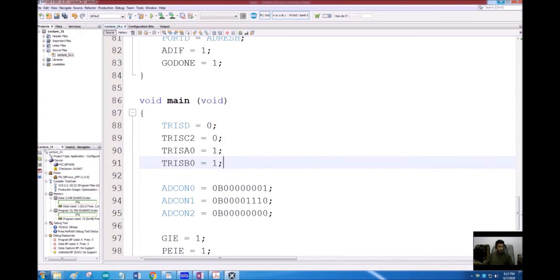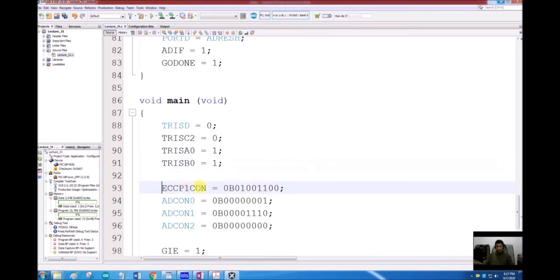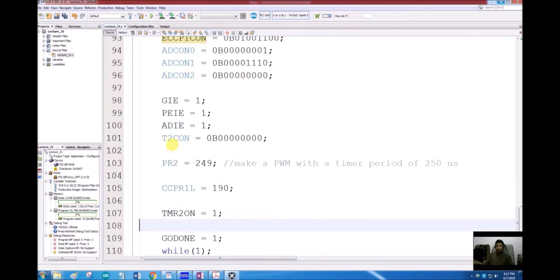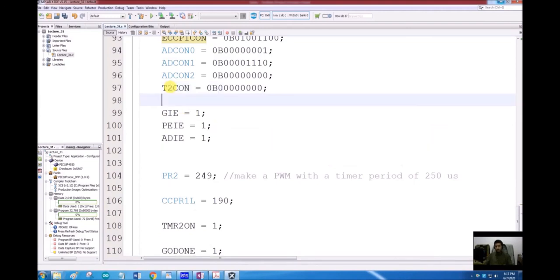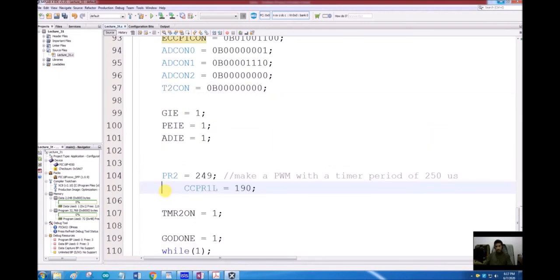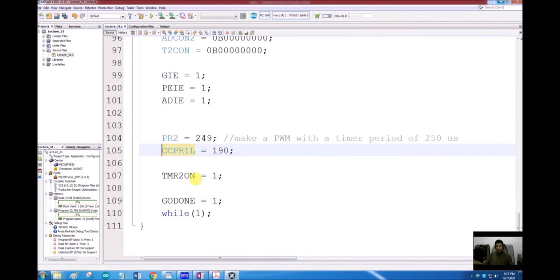I had to set the value of ECCP1CON. This is the same value, I am copying it from our previous code. I had to set some value of the Timer 2 control register, so let's copy it from the previous code. Then I had to set some time period and the duty cycle, and then I had to turn on the timer, turn on the ADC conversion and wait.